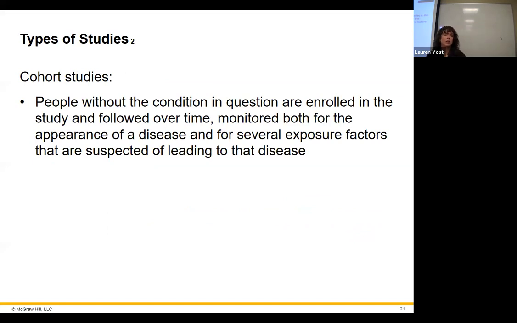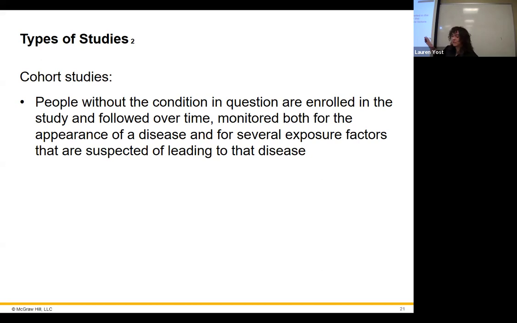And then we have cohort studies. These are people that don't have the illness. They just don't have it. And they're entering in this study, and then they will just be monitored over time for the disease. And then they're going to look at exposure factors for those people who get the disease during the study. So they can actually watch somebody from start to finish if they do happen to get the disease, where they were, what they were exposed to, and all that. They just say, hey, just keep track of where you go basically in the next month or two, or when you get sick, let us know. And then we're going to look at your data. That's basically what a cohort study is.